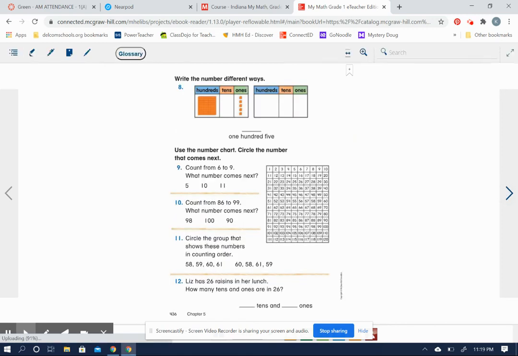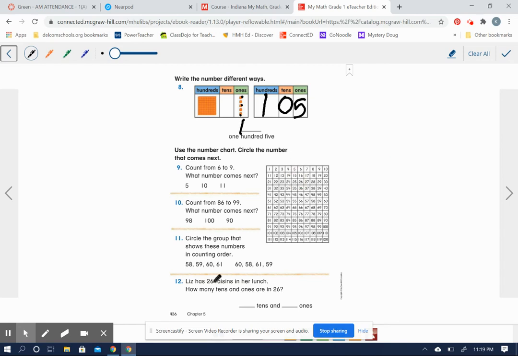Okay, now let's look at this next slide. Again, write the number different ways. I don't have my pen ready. Okay, so they've got models. They want you to put the numbers, the numerals in here. How many hundreds does this show? It shows 1. How many tens are there here? 0. And how many ones? 1, 2, 3, 4, 5. 5 ones for a total of 105. We would read that 105. That's what these words say,